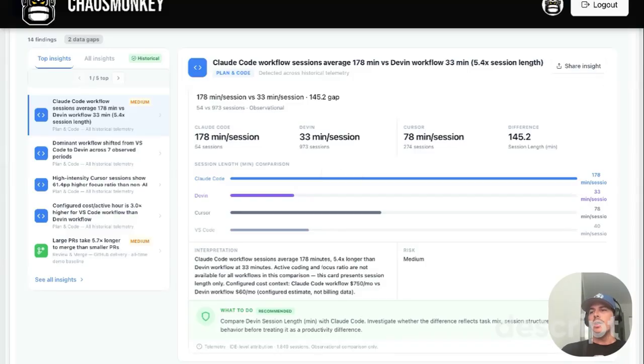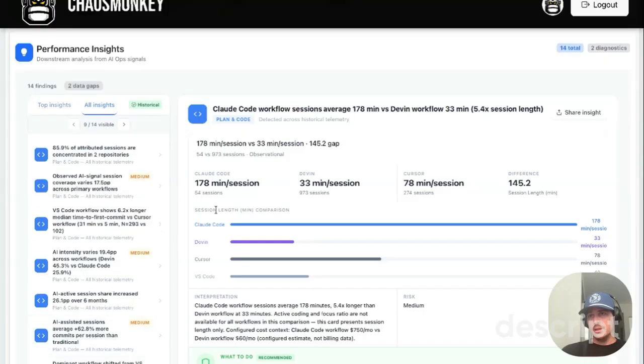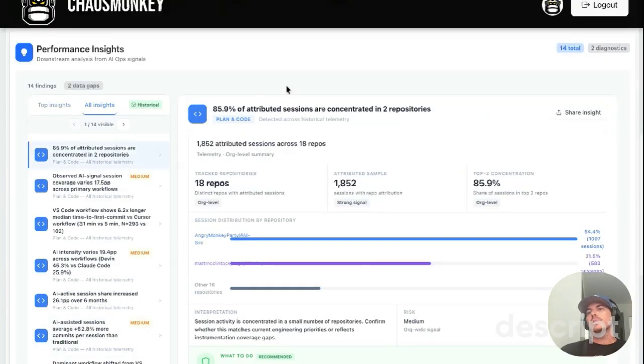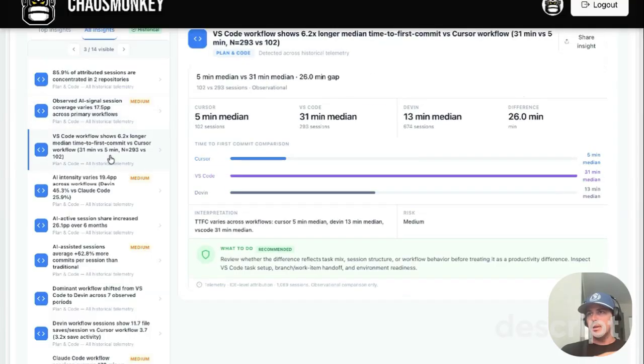So the core of it is we're collecting telemetry data from all the developers on your team and all the tools that they're using. And the result of that is called performance insights. So this is the recommendation system of ChaosMonkey. So it's already crunched all your telemetry data and sort of provides these recommendations for you right out of the box. So these are obviously specific to my telemetry data specifically, but based on your engineering org, you would see